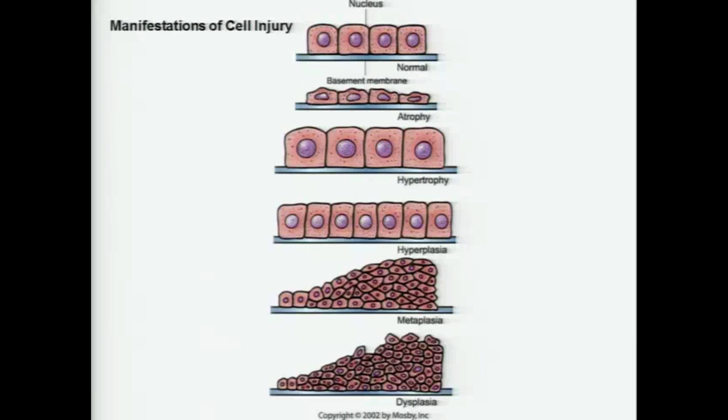So these manifestations of cell injury are often adaptations to persistent injury. The one important exception to that is dysplasia, because although it is a result of cell injury, it's not adaptive. It doesn't benefit the cell. But these other adaptations are a strategy for the cell to maintain stability in the face of this persistent